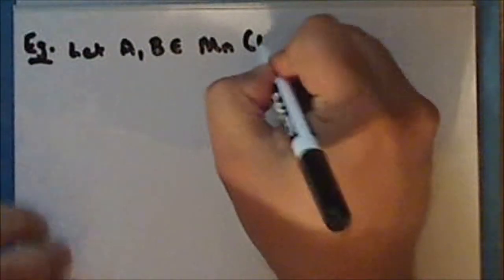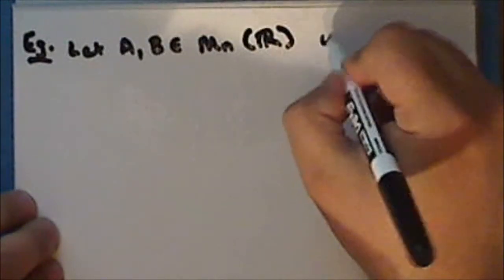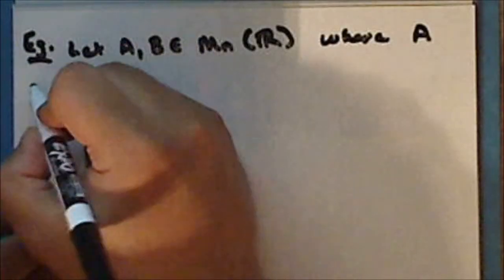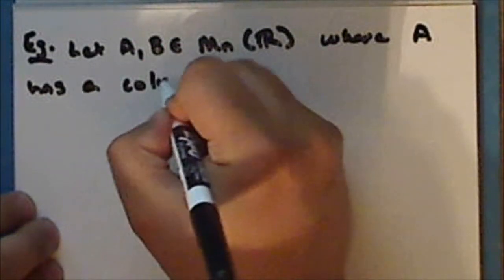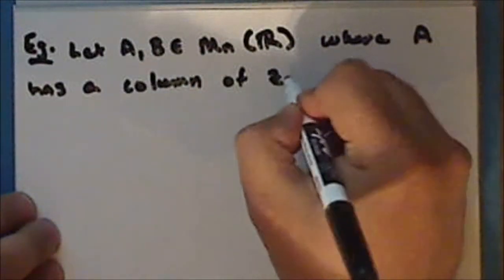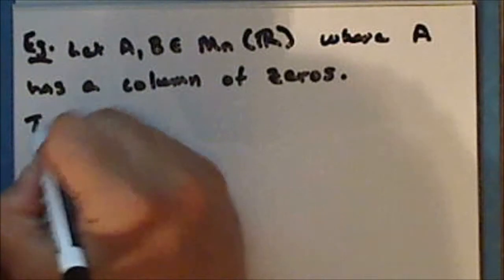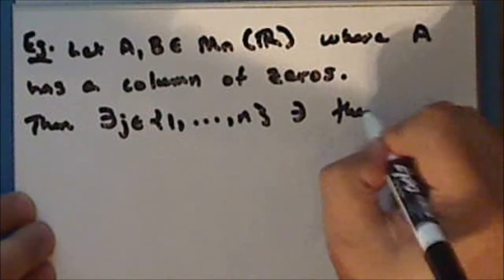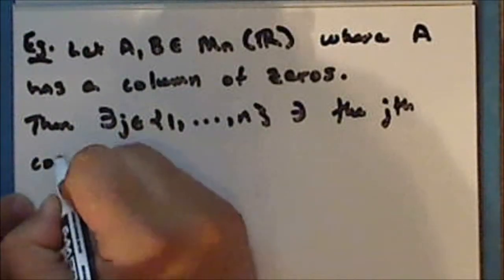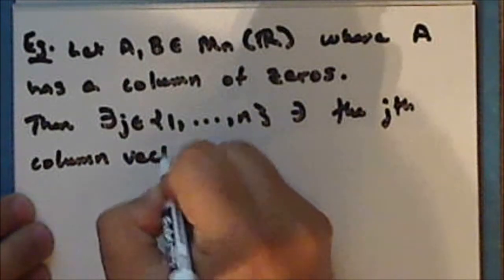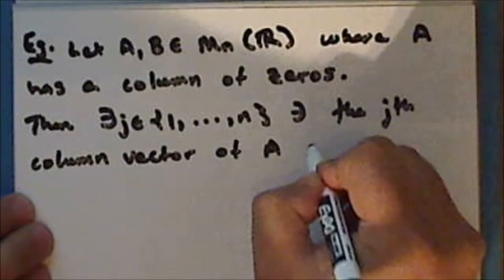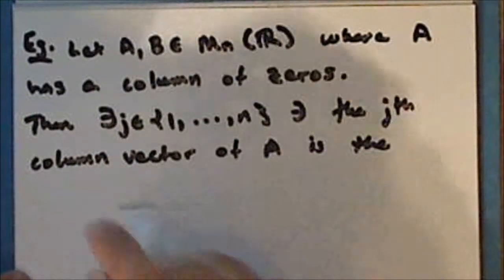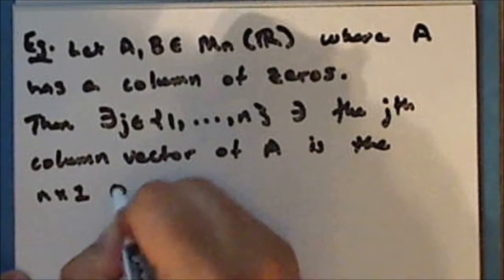So let A and B be square matrices of order n, where the matrix A has a column of zeros. Then there exists an index j in the range from 1 to n, such that the jth column vector of A is the n by 1 zero column vector,